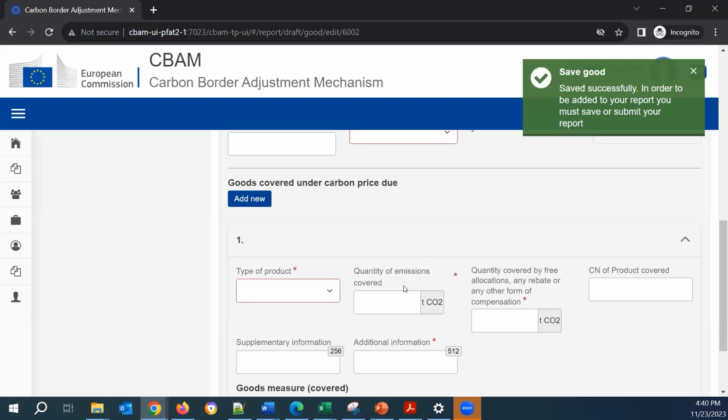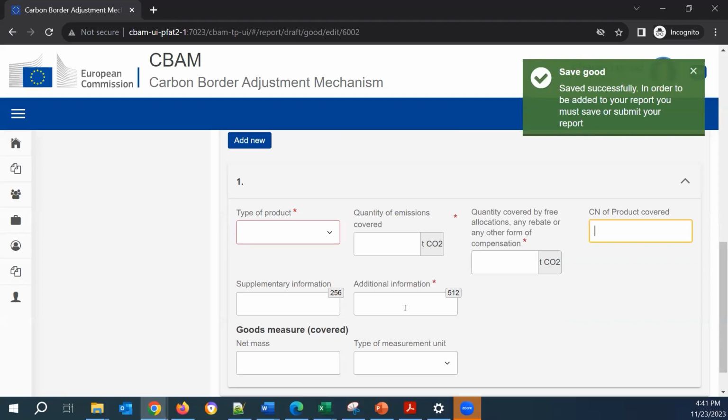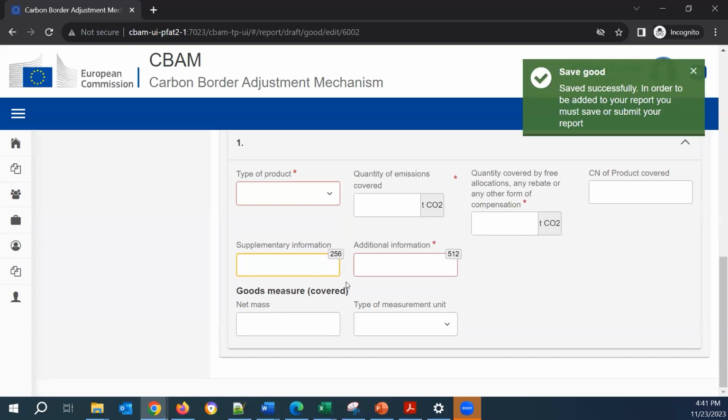The quantity of emission covered, how many tons of CO2 are covered under this paid price, and the quantity covered by free allocations or any rebate or any other form of compensation. If we want, we can also add the CN of the product covered, any additional and supplementary information, and also the quantity of the good for which these emissions are paid.